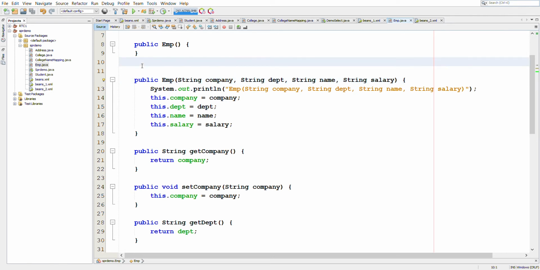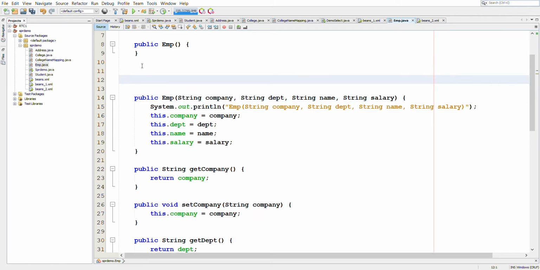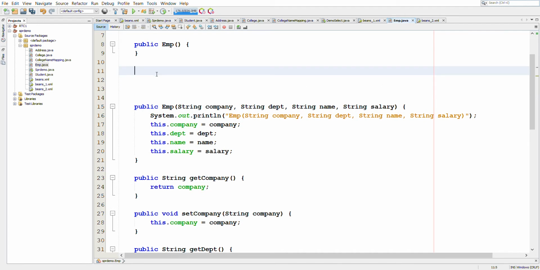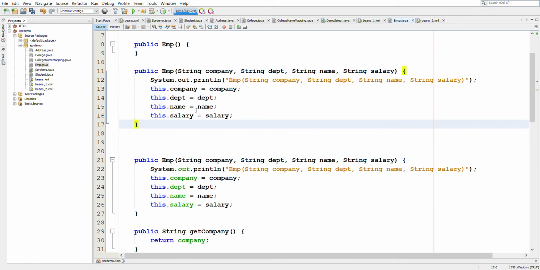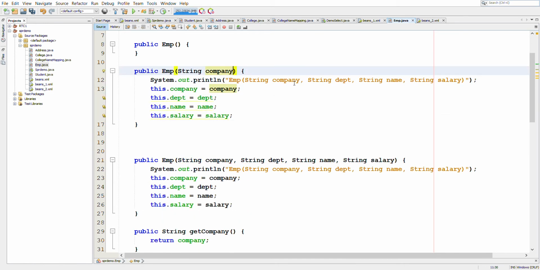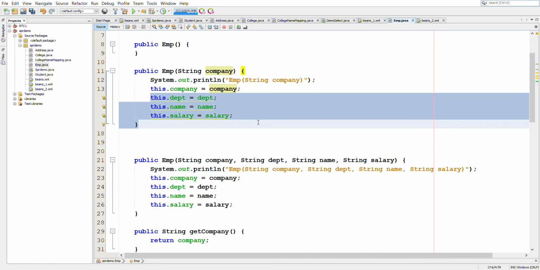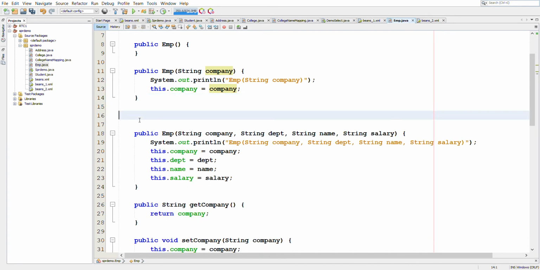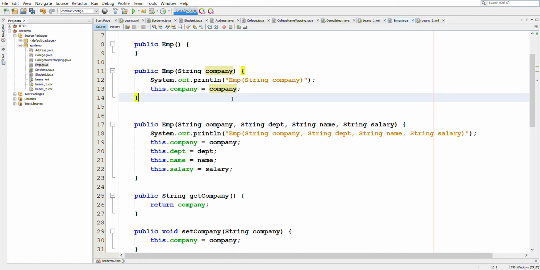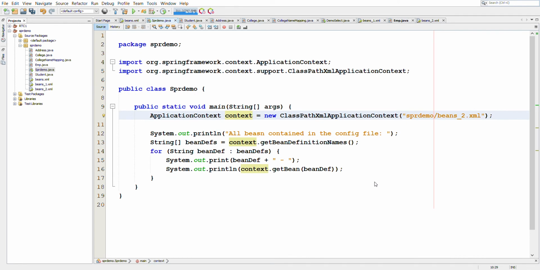So what we are doing now is creating a constructor wherein we will only set the string, and we are also adding a print line so that we will know which constructor has been called, right? So now if we try running this code,